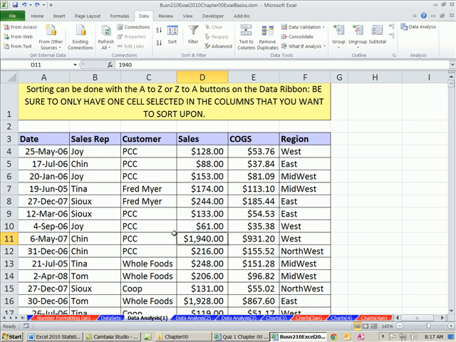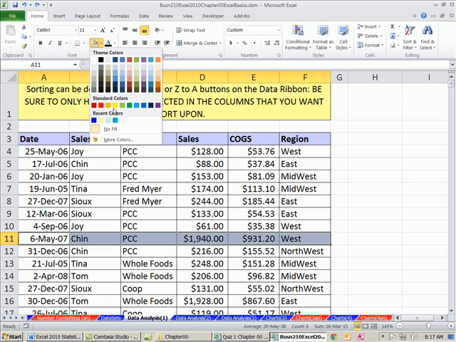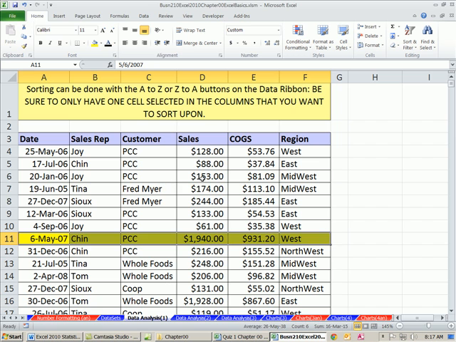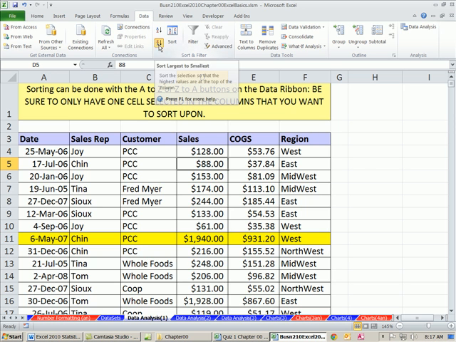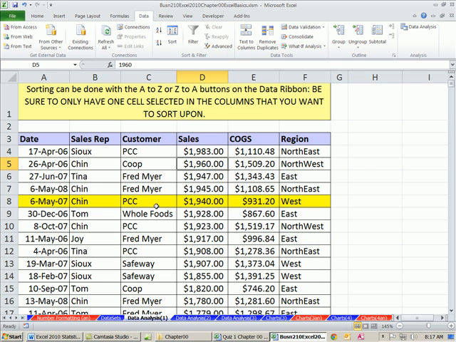One worry that people have when they sort is that, if I'm sorting this column, isn't it going to mix everything up? Well, let's prove to ourselves that that doesn't happen. I'm going to highlight that one record or one row or one observation and give it a yellow color, right? Now let's do that again. I'm going to click in a single cell, and it doesn't matter which cell. Whatever you do, you don't want to highlight the column and hit the sorting button, because then it will wreck the data set. All right? I'm going to come up to Data, Z to A, and just like that, wow,